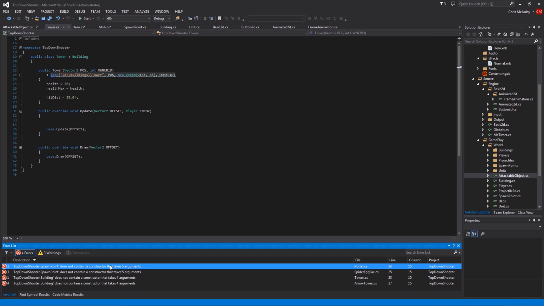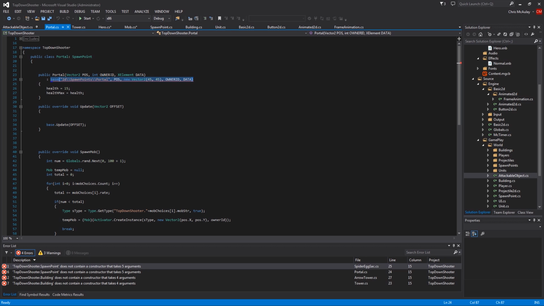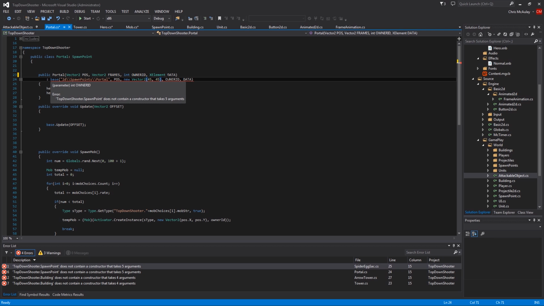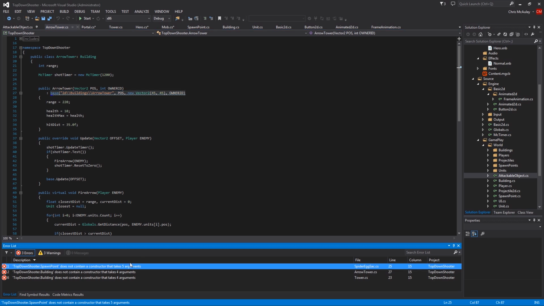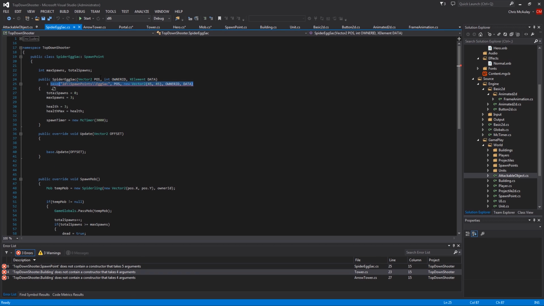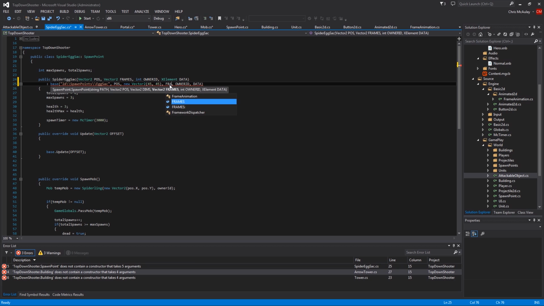So this is a process that it just takes a little bit of time. You have to go through it and do it. Spawn point frames. Frames. Oops. Still in order so we don't miss one. Not that it'll let us really miss one, but